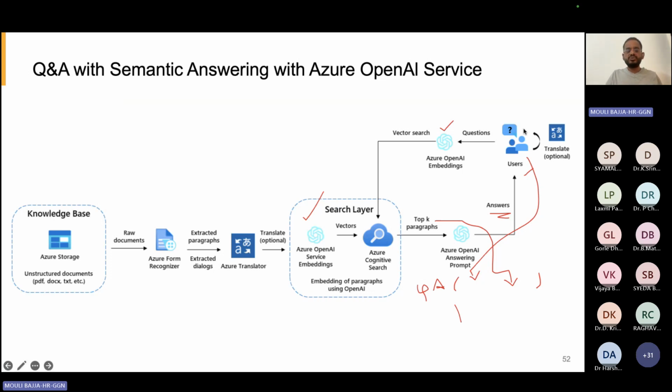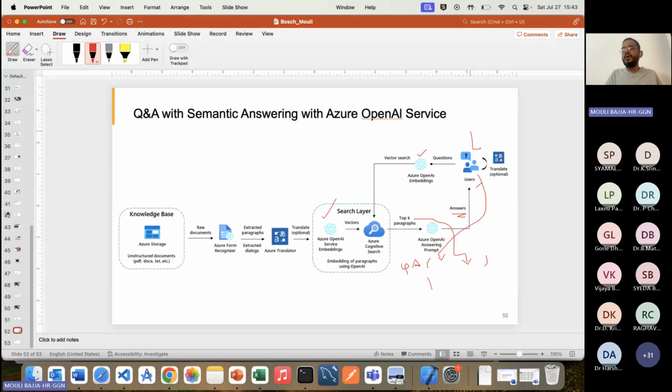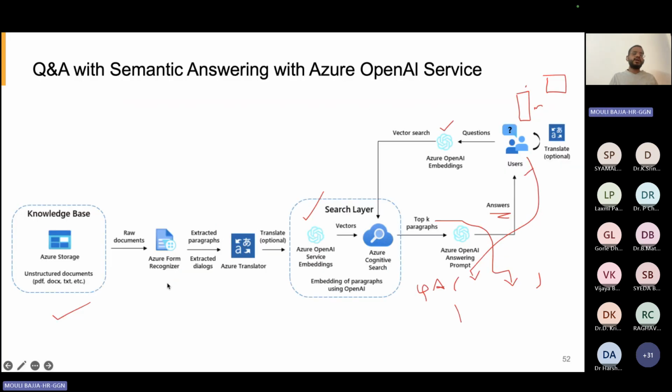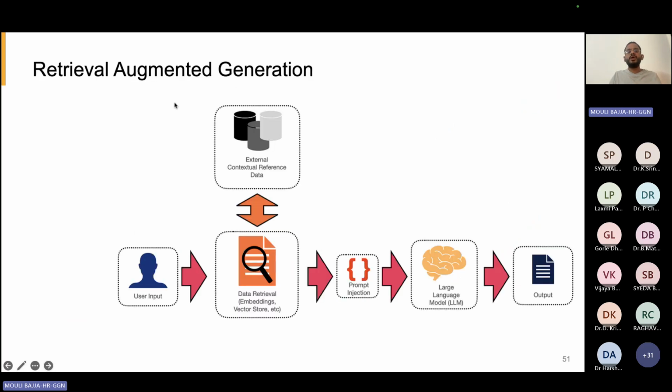So here you will have some sort of a chat interface. This could be a mobile app, this could be a web app, or whatever it is. Now that is built by some developer. Now the storage, you all know the storage, we can store things, and Form Recognizer, which is an extractor. Then you have a translator, and translated things are available as a data set. That data set is converted into vectors and you maintain the database. And only 3 aspects are used here for ML.